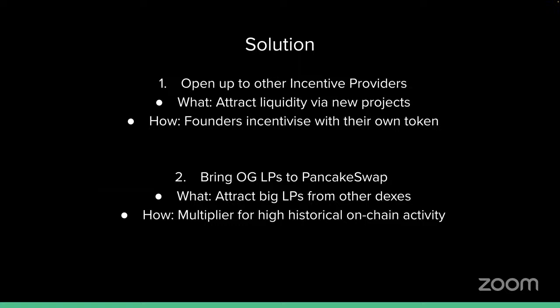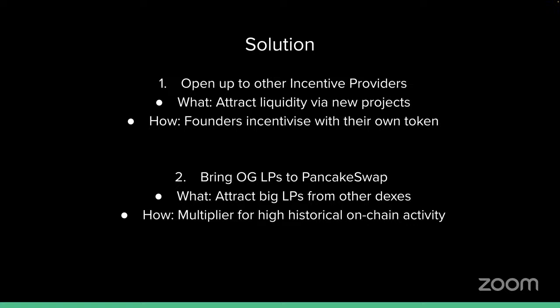That means allow token founders, for example, to offer incentives in their own tokens so that they can attract more liquidity to pools that they want, whatever pools they want. Currently, all farming in PancakeSwap is rewarded with CAKE. Yes, there are some means for teams to attract LPs via farm auctions, but it is way less accessible than just allowing founders to offer incentives permissionlessly.